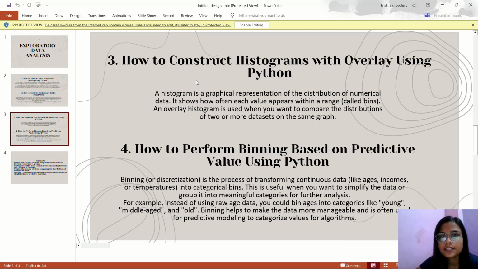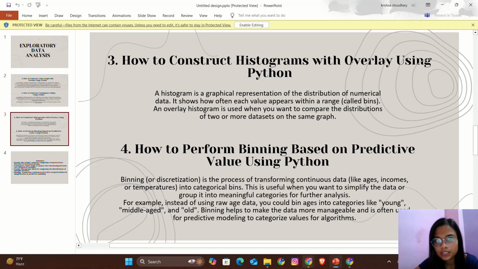Third is how to construct a histogram with overlay in Python. A histogram is a graphical representation of the distribution of numerical data. It shows how often each value appears within a range called bins. An overlay histogram is used when you want to compare the distributions of two or more data sets on the same graph. Let's see the example of this